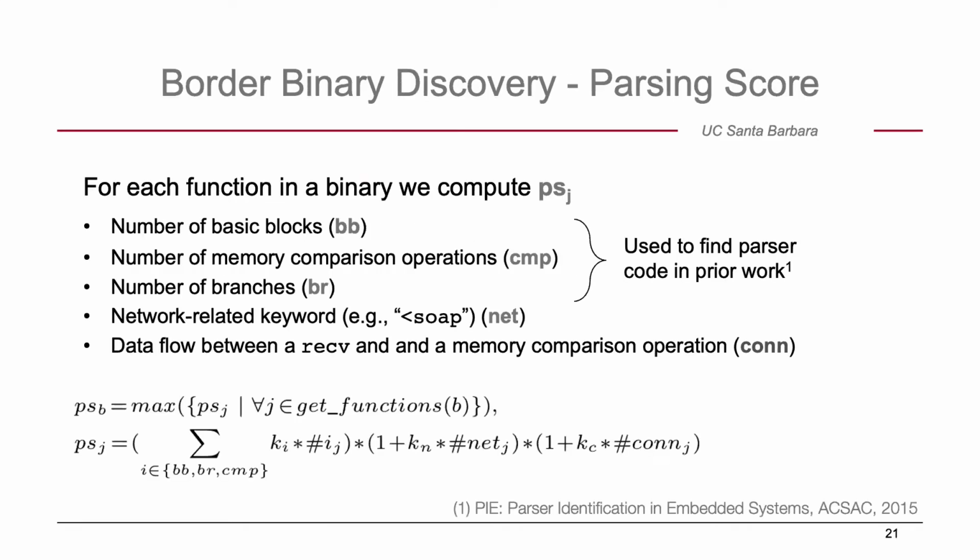And what we basically do is we're having a fairly simple classification problem here, where we have some features. Okay, how do you recognize parsing? So typically there should be a bunch of comparison operations, a bunch of branches, some network related keywords, and some data flows between a receive operation and some memory comparison operation. That's how you typically do parsing, right? You get some data and you start to compare it with stuff